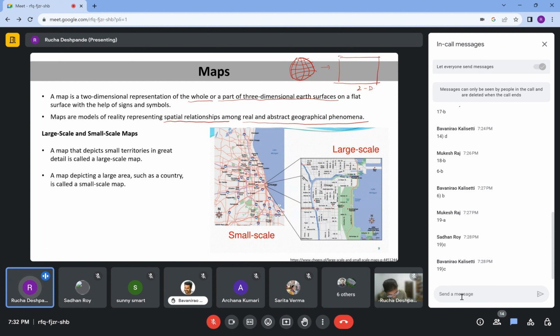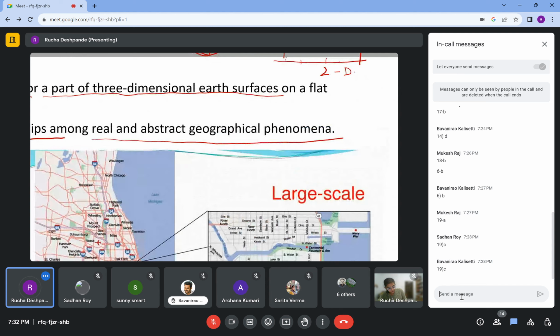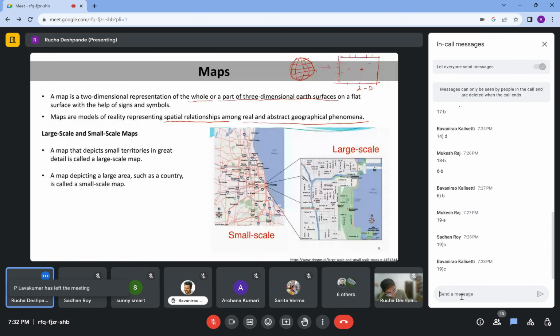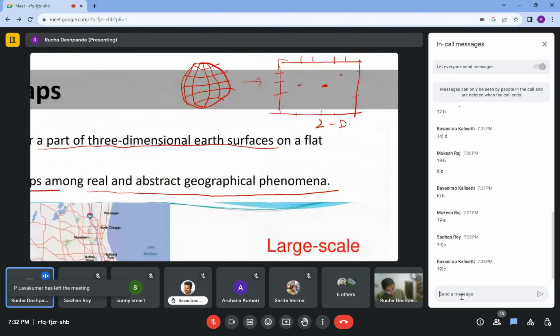So the geographic location has to be properly represented, right? So it will have coordinates marked for proper representation of the location. So this location will be represented as, sorry, so here